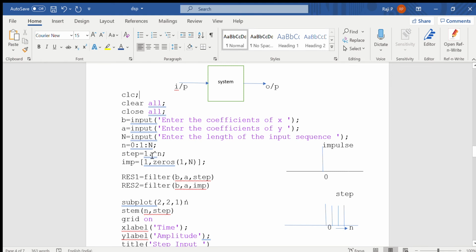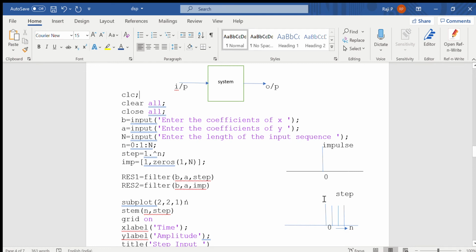So we can use the element-wise exponent, 1 dot exponent n. Whatever the value of n, that is 0 to 9 if you consider, it will become 1 raised to 0, 1 raised to 1, and so on. So wherever n values are there, you will be getting 1.